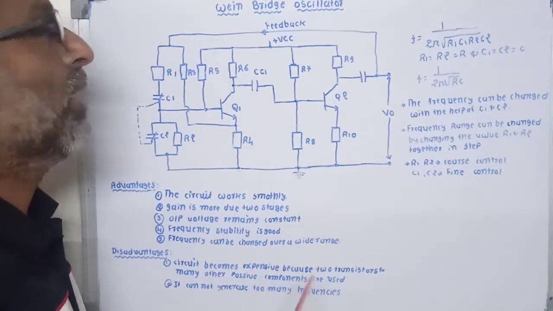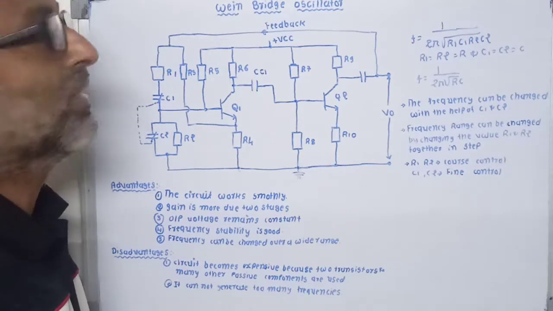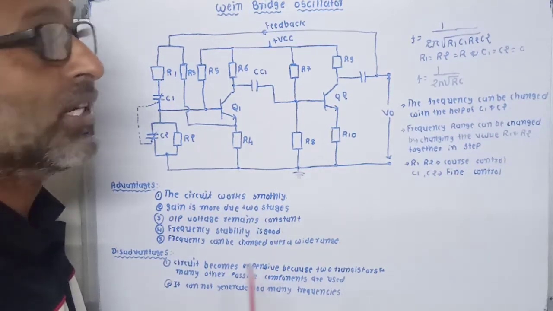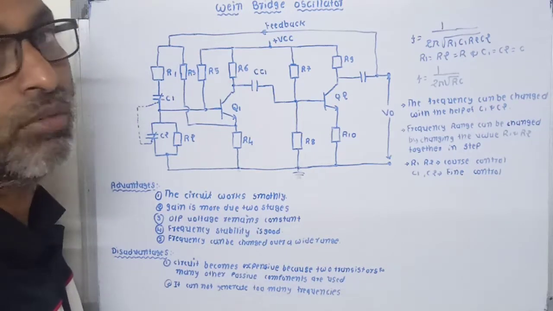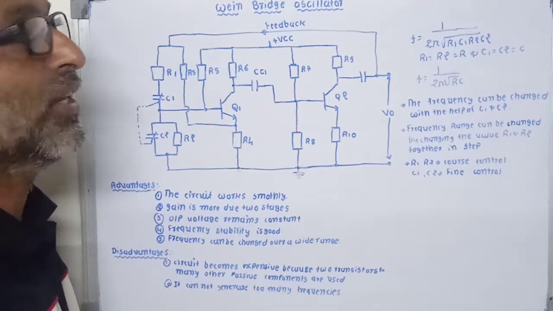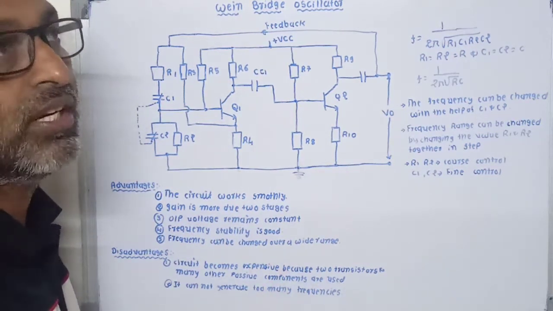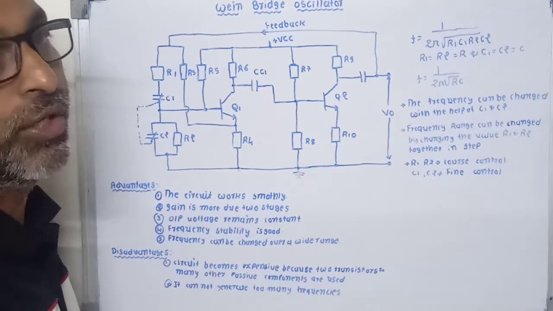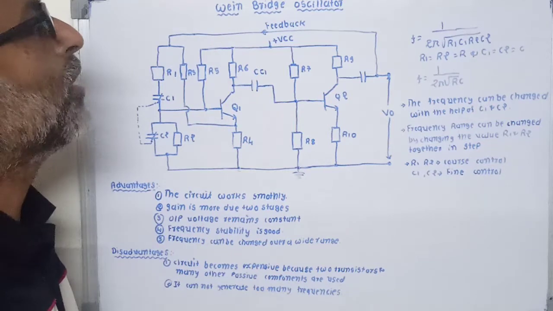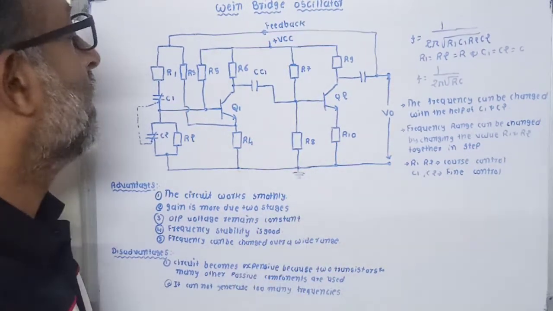Here two amplifiers Q1 and Q2 are used and each provides a 180-degree phase difference. Thus the total phase difference of this amplifier is 360 degrees, or you can say 0 degrees. That means the phase difference between input signal and output signal is 0. So we get positive feedback, and that is our basic requirement to produce oscillation by this oscillator.